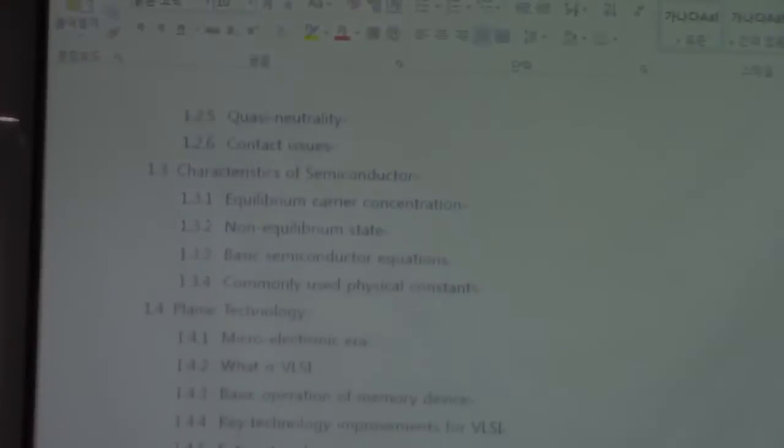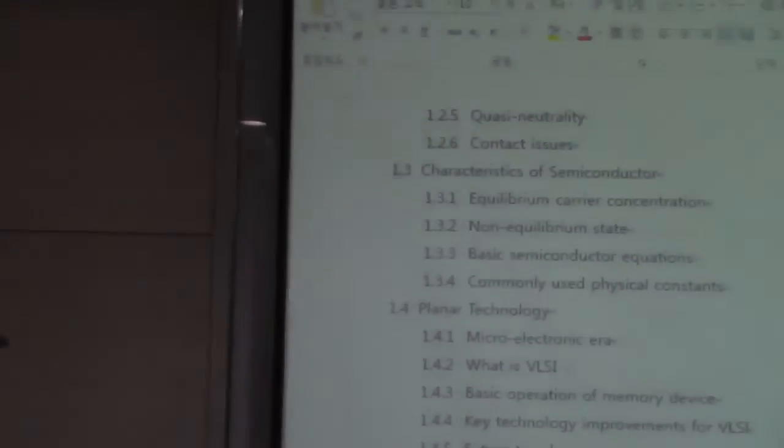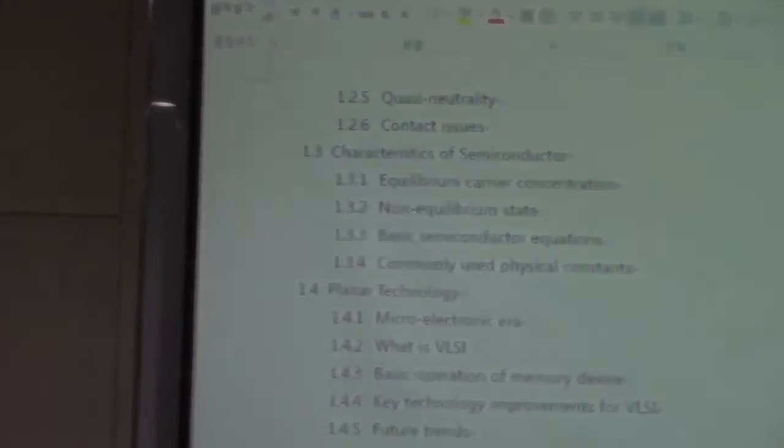Electrical properties in non-equilibrium and characteristic of semiconductors and planar technology. Up to here, we just review what we have learned in the undergraduate course, right? And the second chapter, we start with the junction properties, p-n junctions basically,